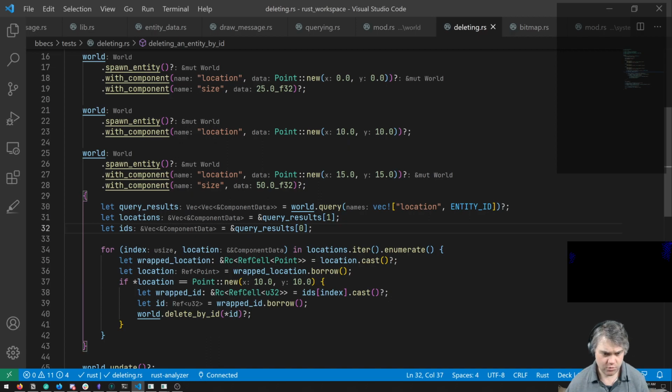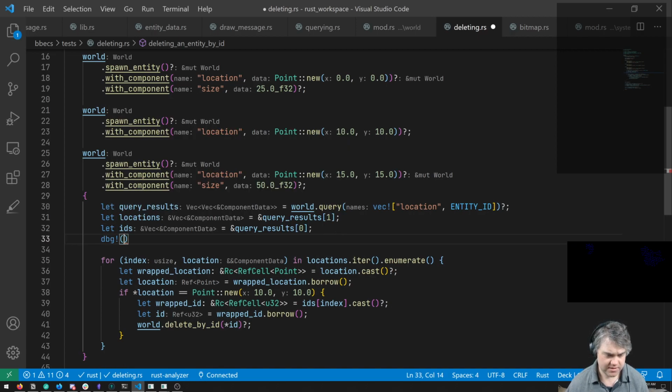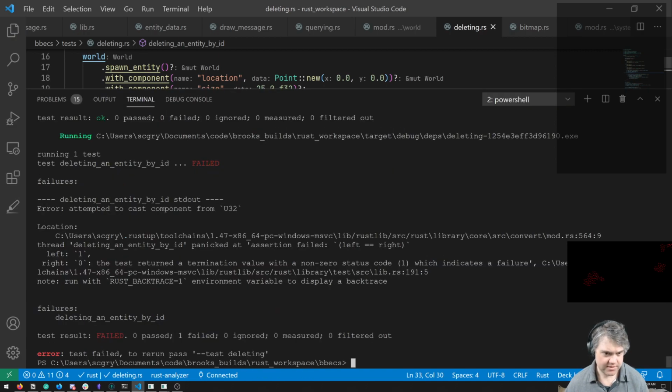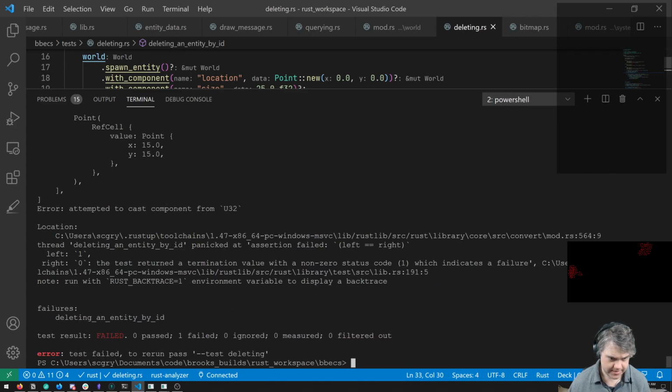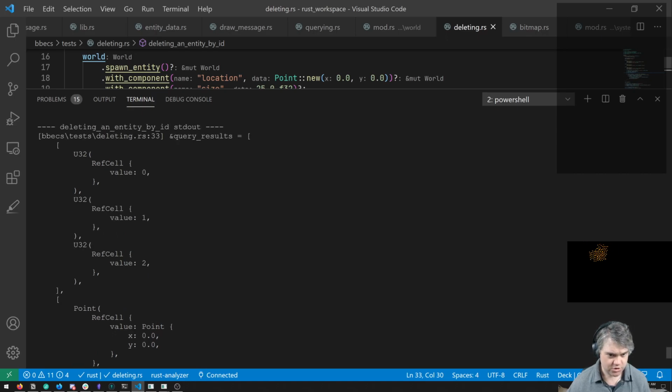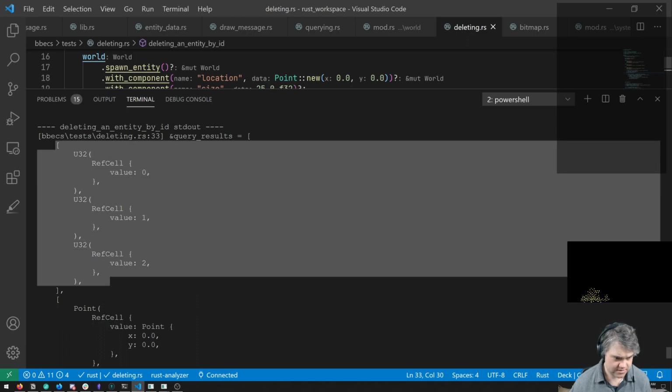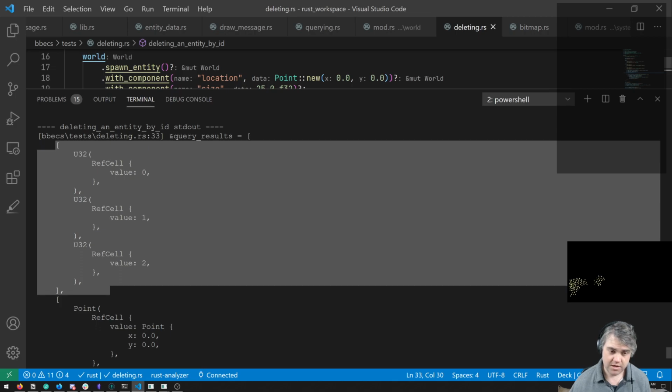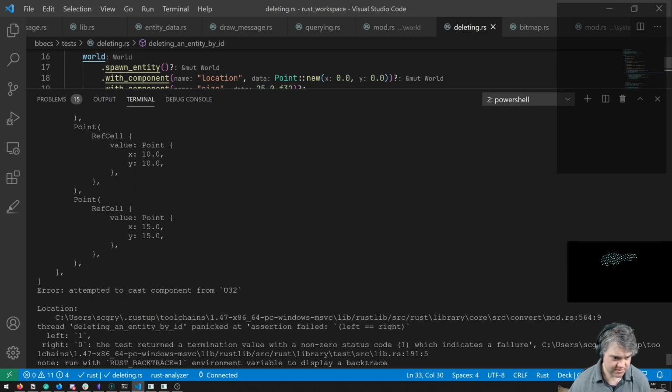What do I have in here? I want to do a debug of query results. Oh nice, it shows us all these. So U32s came out first, then the points, and that's it.